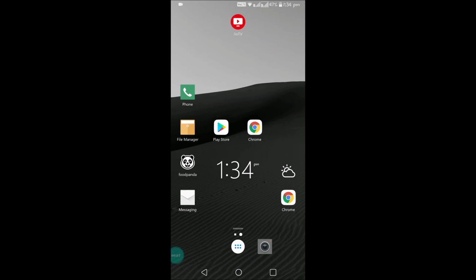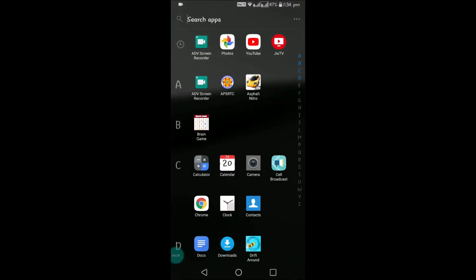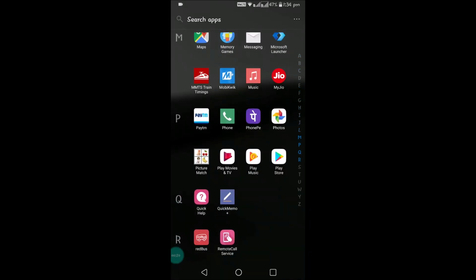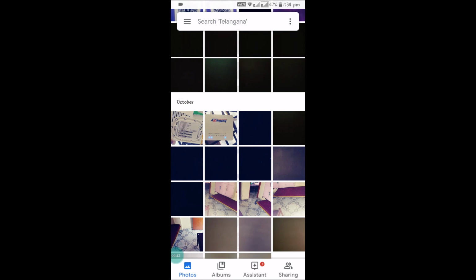Today I'll show you how you can restore the images that you have deleted from Google Photos. For example, if you have accidentally deleted some wanted photos in your Google Photos, there is an option we can use to restore them. For example, I'll select this,